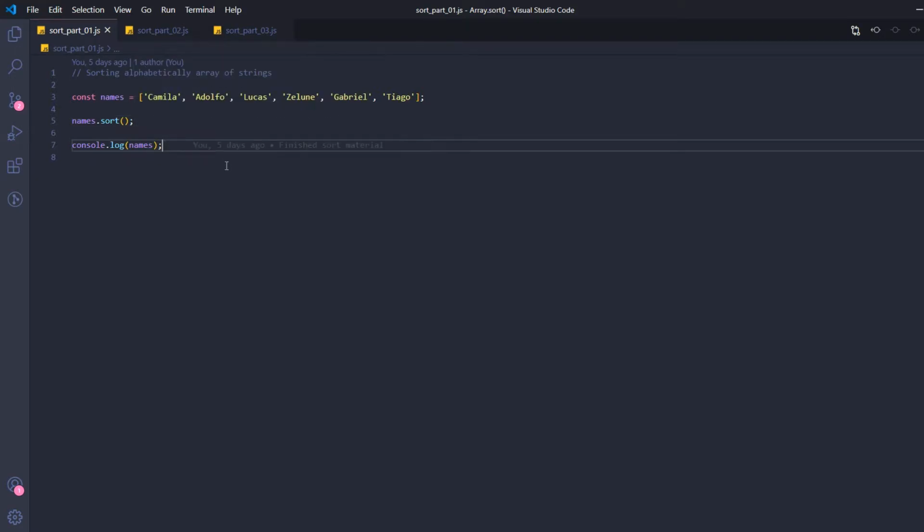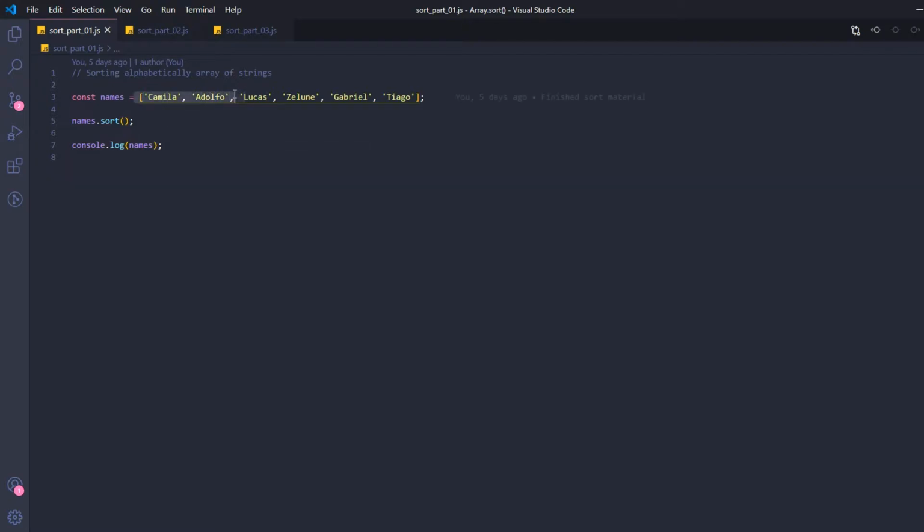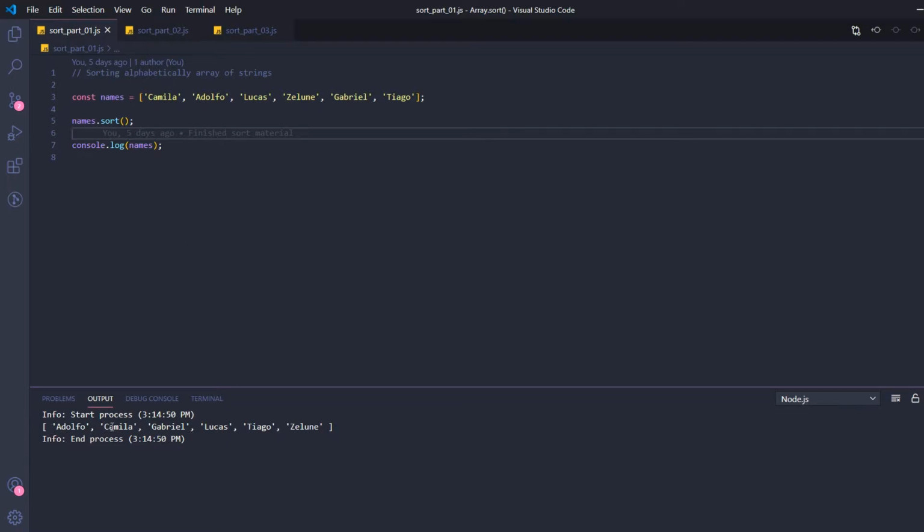First, let's start with sorting strings alphabetically. All we need to do is to call the method. It will mutate our array, so we don't have to store it again. As you can see here, we have some names. They aren't sorted, and just calling the method sort on this array, it will be sorted. So as you can see here, A C G L T Z. So I'm always the last on lists, because Z alone, I never saw someone with this name,